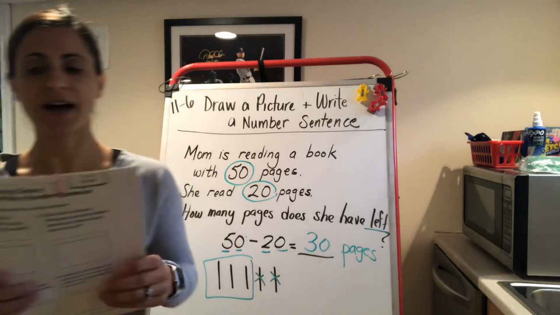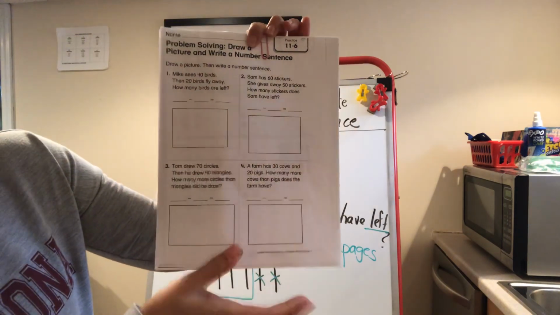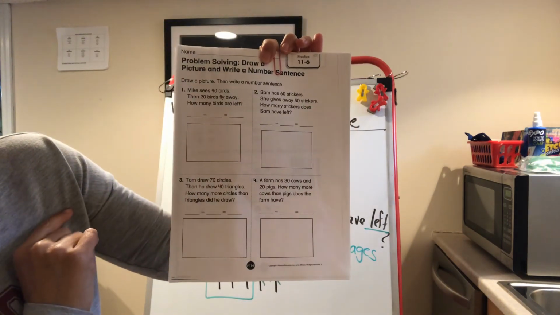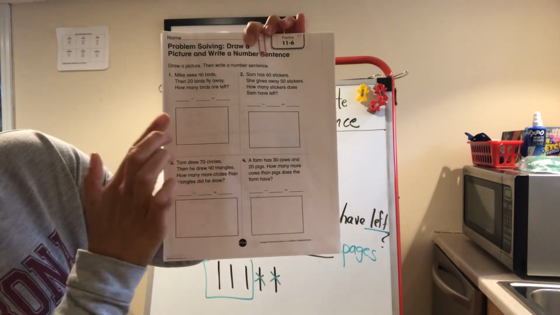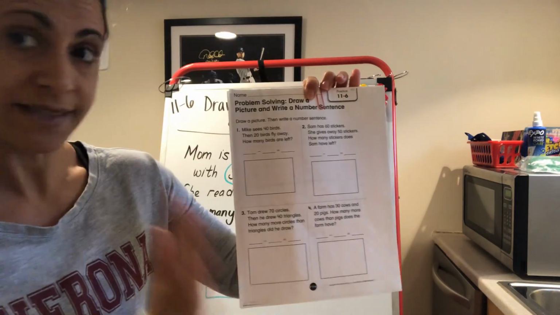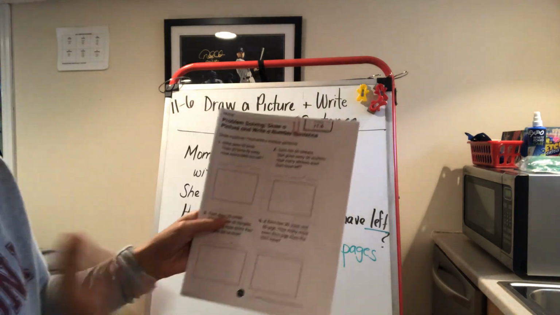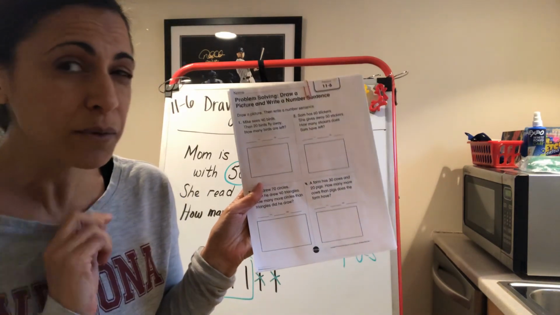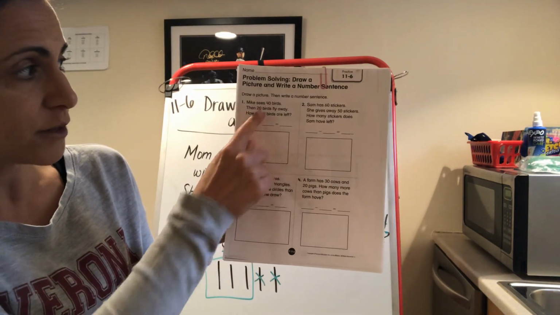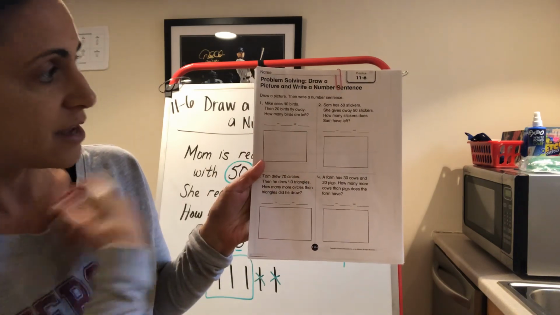You're going to take out 11-6. I will read the directions. It says to draw a picture, then write a number sentence. There are 4 separate problems. You can be fancy or you can be simple. This is the simple version. Fancy is what I did with the strawberries. Make sure you're counting by tens. Very, very important. Start with your first number, draw that, subtract by crossing off with an X, and find your